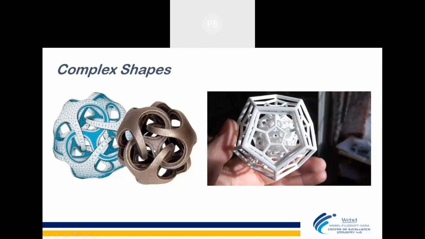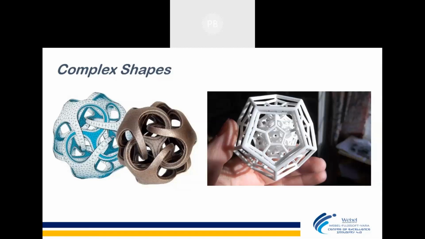Earlier, what we had to do is create some joints here, maybe 5-6 different categories of joints. We would join the parts and form this product. But with 3D printing, this joining can be eliminated and we can do it in a single go. So that's a major advantage of 3D printing.